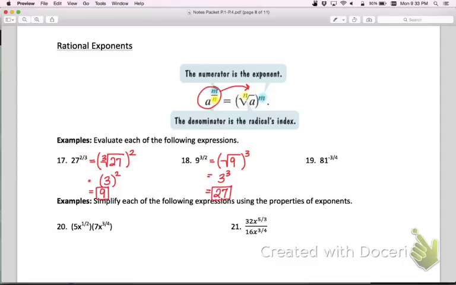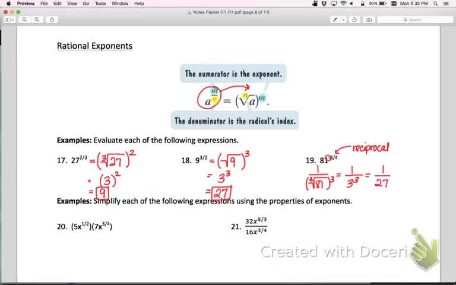On the last example, don't forget what your negative exponents do. These are going to make it the reciprocal, not a negative answer. It's going to flip it over. So this is going to be 1 over, let's go ahead and write out our radical, the 4th root of 81 to the 3rd power. So the 4th root of 81 is 3, and then when we take that to the 3rd,